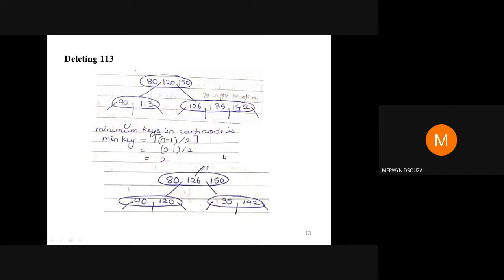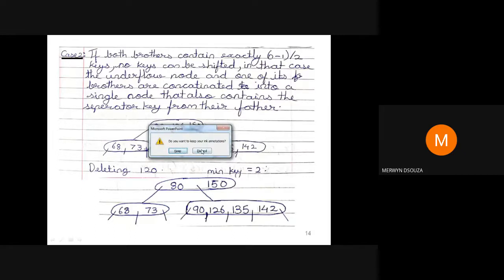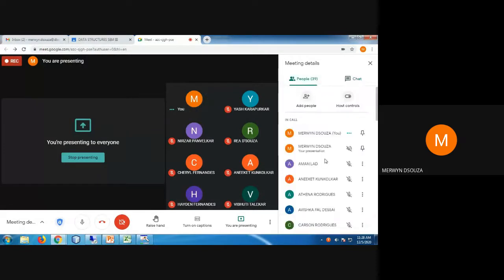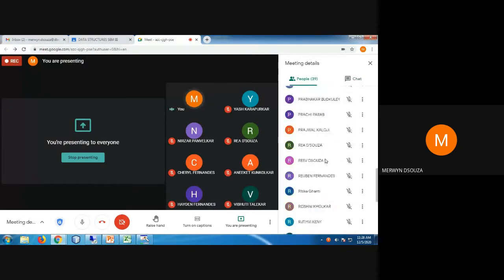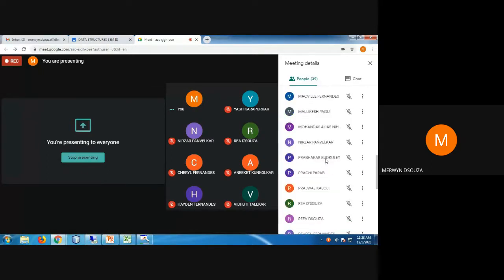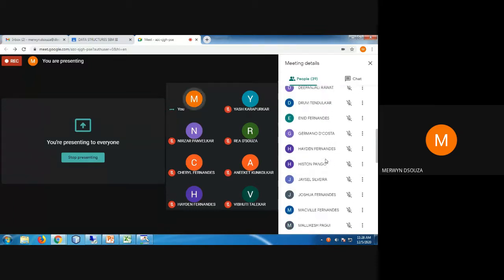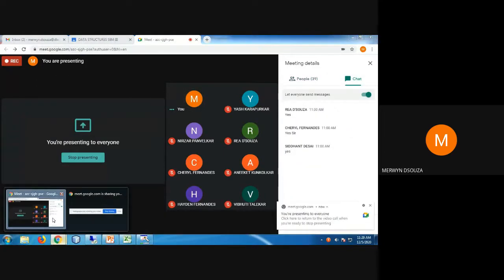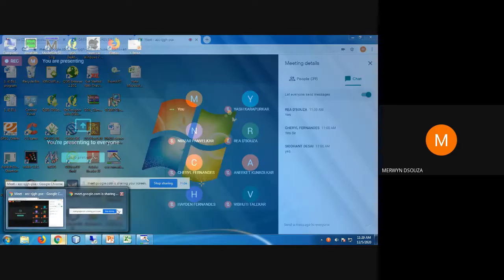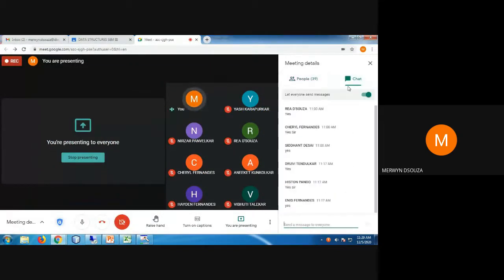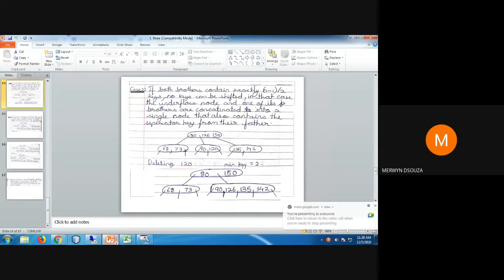Is it clear? Do you have any doubts? Did you all get it, students? Case 1. Eastern, Enid, Ruby, understood? Okay, so shall I proceed? You will have understood. That was case 1.